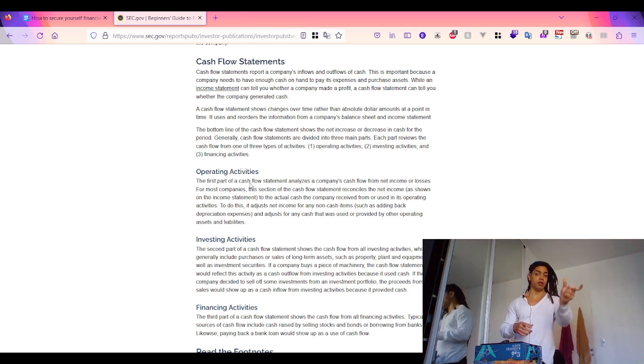The most common operating assets are accounts receivable, property, plant, and equipment, inventory, and prepaid expenses, so expenses that a company incurs for goods and services that will be provided, such as insurance premiums, like health for medical coverage, home or vehicles, so you can protect those belongings in the case of any potential accident,